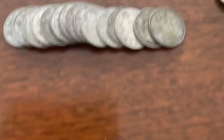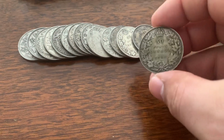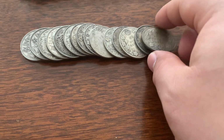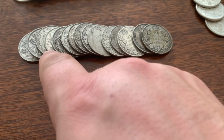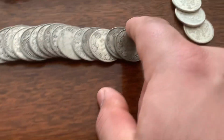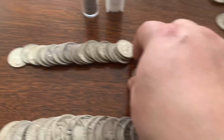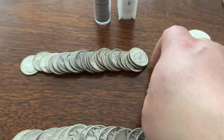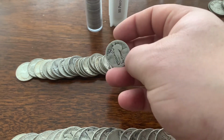Then here are my 925 sterling silver Canadian pieces. There's 20 of them in varying conditions, as you can see. This one here is actually not 925, but the rest of them are. Above that, you will see a variety of my 90% American quarters with a combination of Walking Liberties and